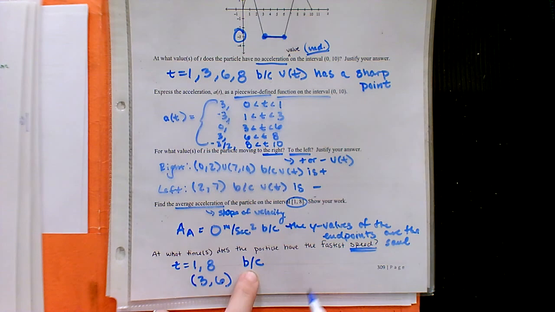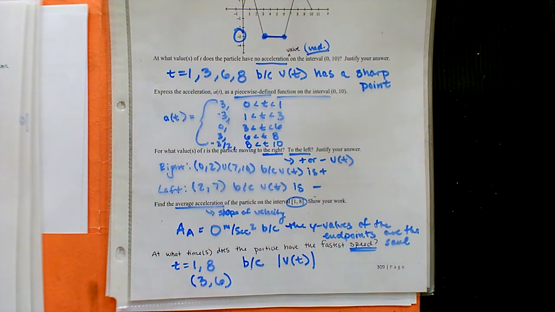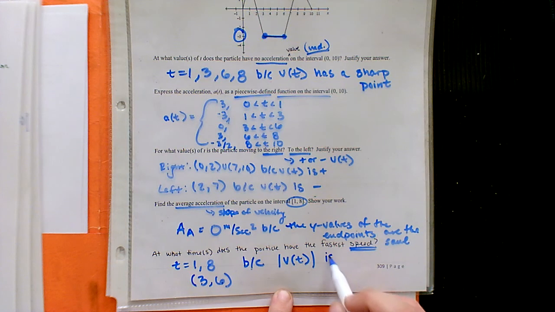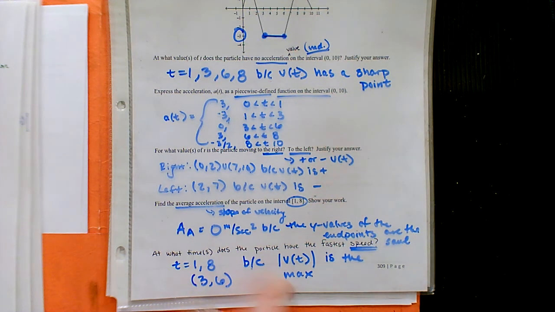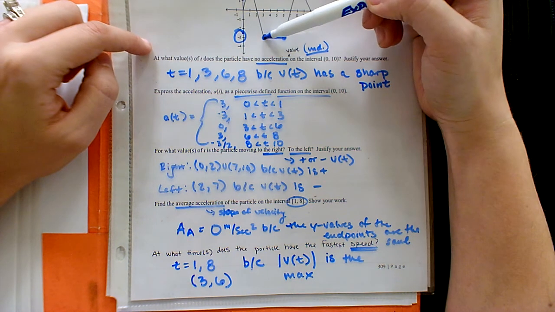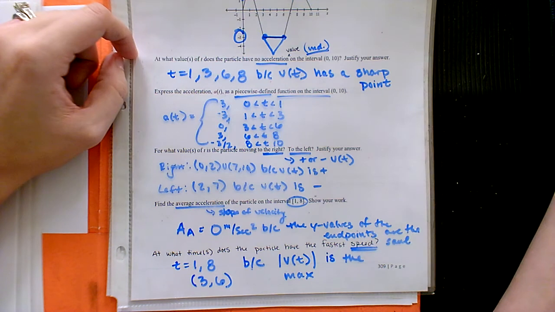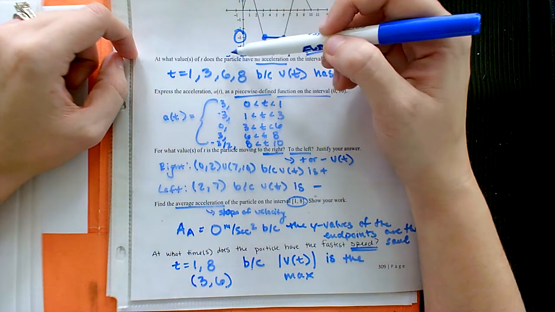So at any time from 3 to 6, we have that fastest speed. So we'll say because maybe the absolute value of velocity, if we ignore the positive or the negative and just look at the number itself, is the max. Okay, we have 3 for both. What if I changed this part that dipped down more, like that? Maybe this was like -5.